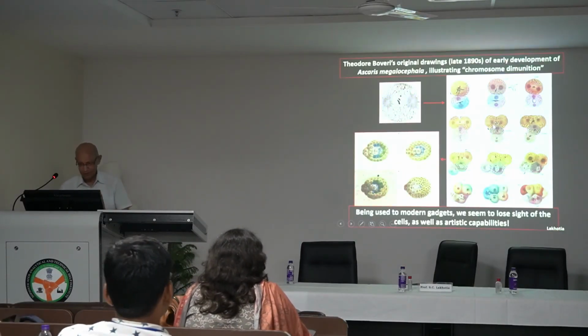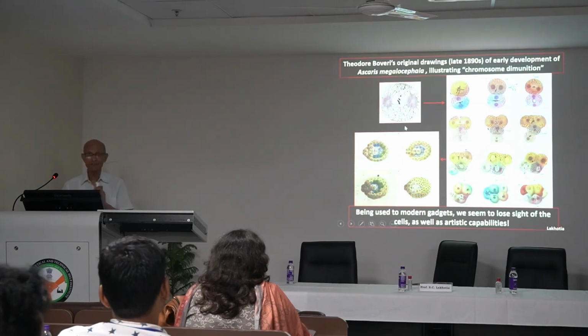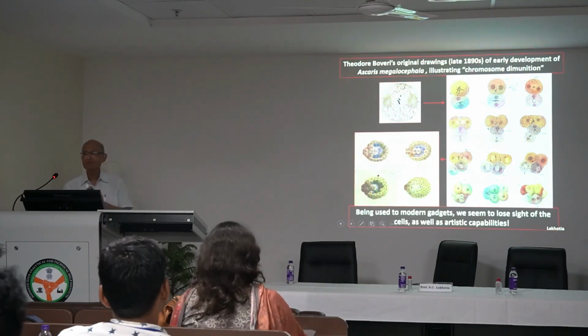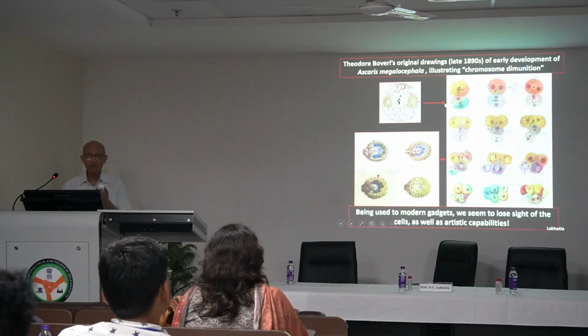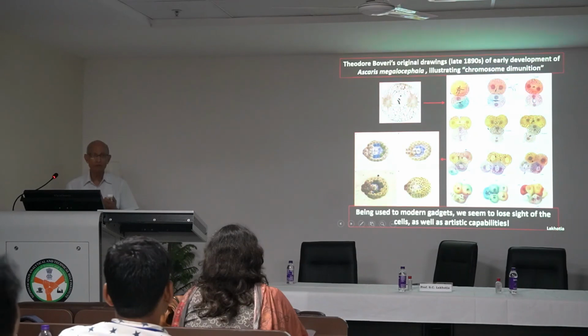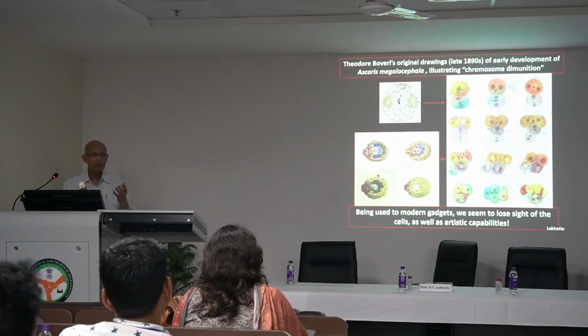Now, I just come to my concluding point. These images were drawn in 1890s, not 1990, mind it, 1890s. They provided some of the fundamentals of cell biology, cytology, cell functioning, embryology. For example, this is how Ascaris, the roundworm that infects horses, its zygote develops. And Boveri, who was one of the great scientists, great experts in embryology, those of genetics students would have heard the name Sutton and Boveri, who gave the chromosomal basis of inheritance idea. But Boveri was not just that. Boveri was more an experimental embryologist and a cancer biologist.